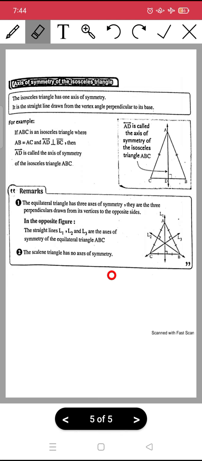And by this way we have finished lesson 5, corollaries of the isosceles triangle, and also we have finished unit